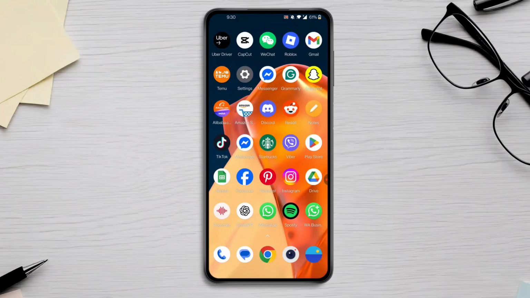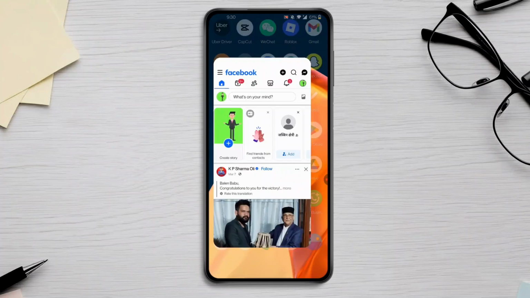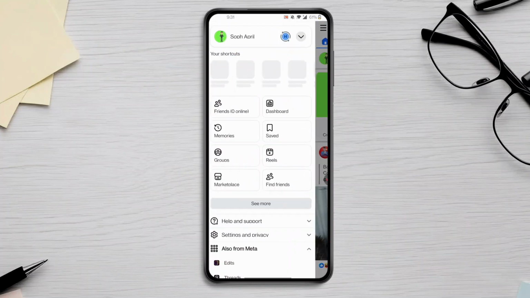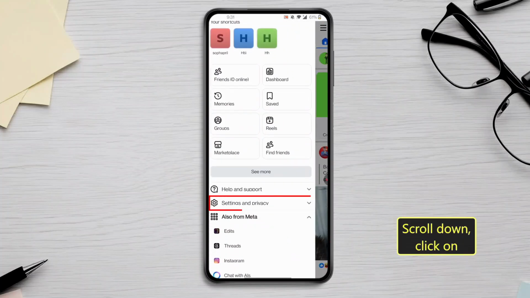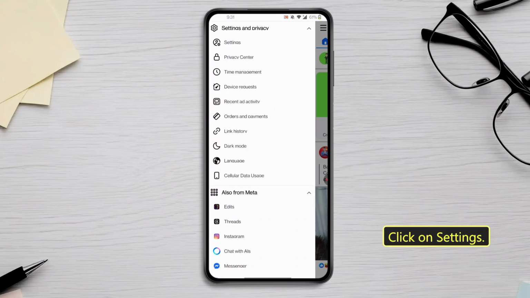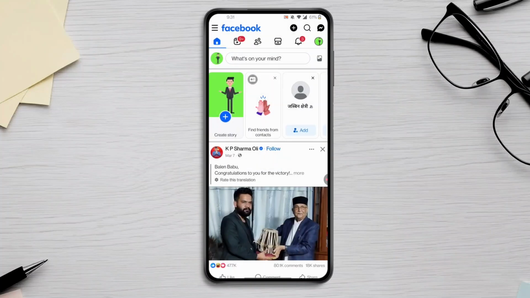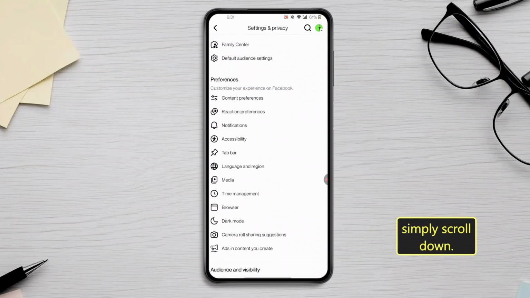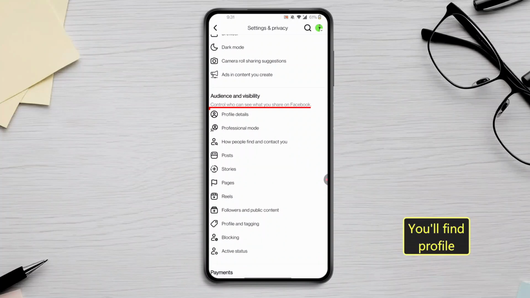Let's jump right in. First, open Facebook. Here, click on the three lines at the top left. Scroll down, click on Settings and Privacy. Click on Settings. After you click on Settings in here, simply scroll down. You'll find Profile Details, click on it,